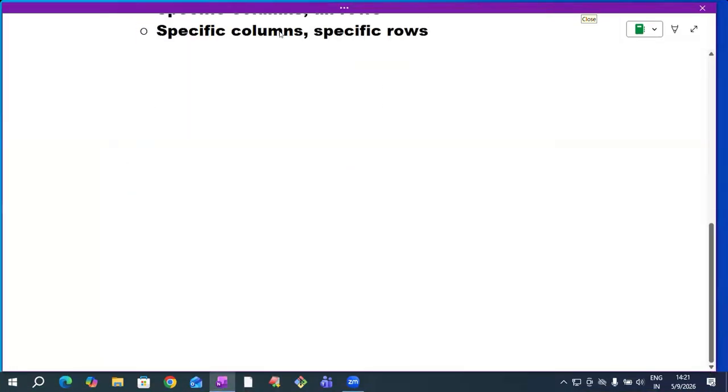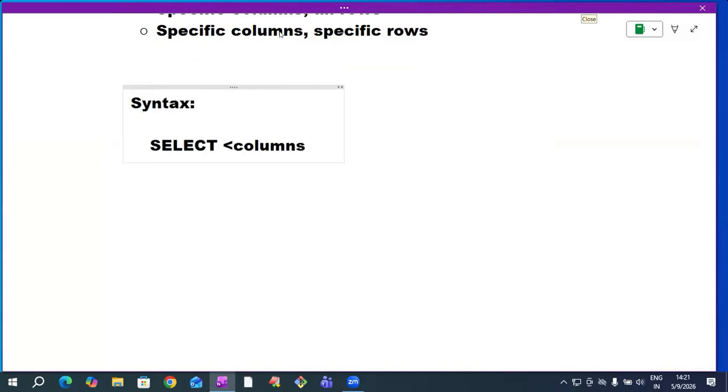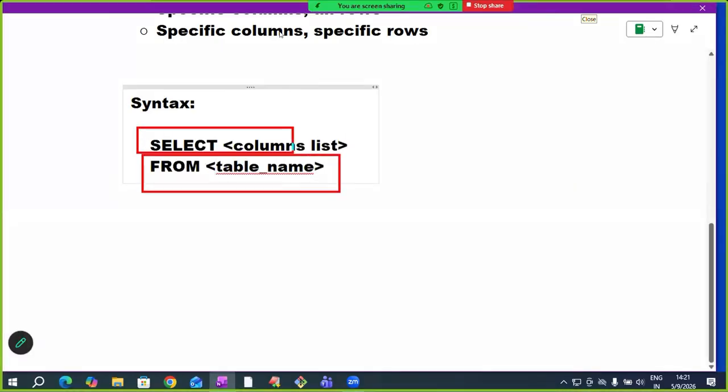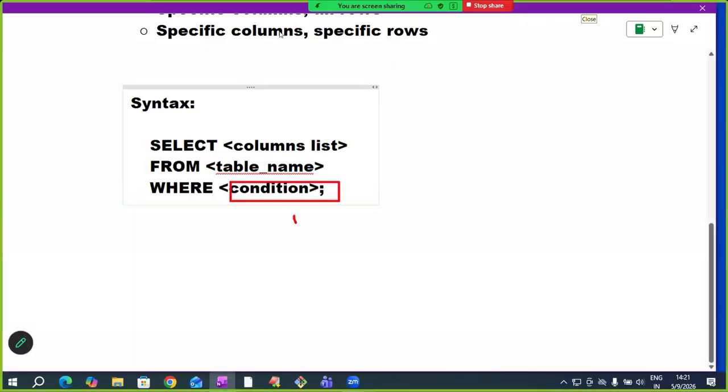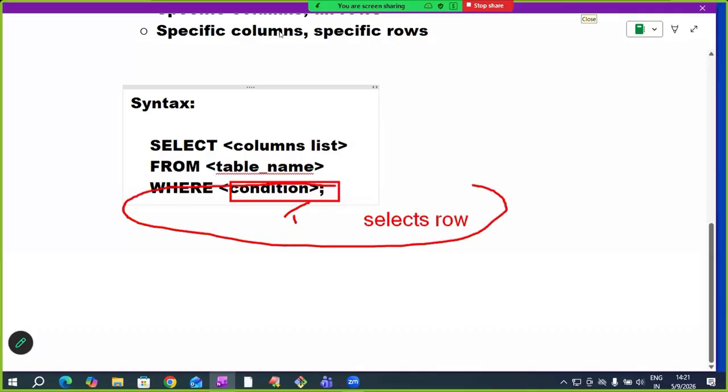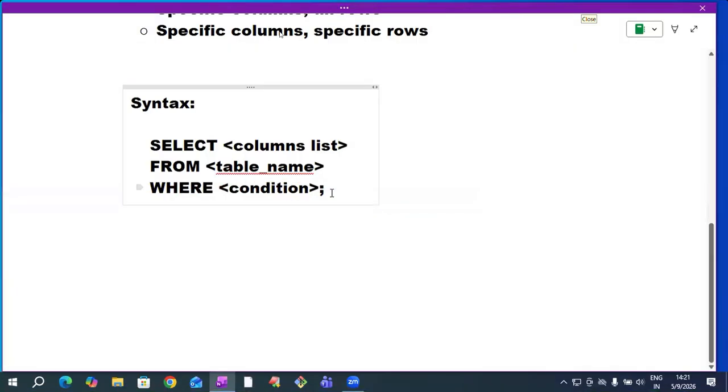Okay. Examples on select. Before that, see the syntax. How to use the select command? Very easy, sir. Select. After select, we give the columns list. Which columns' data do you want to select? Give the columns list. Many tables are there. From which table do you want to get the data? Tell that one. From that table, which columns do you want to get? Tell that. If you want specific rows, definitely you have to write a where condition. If this condition is true, select the row. Otherwise, the row will not be selected. So to get specific rows, we write this where condition. So remember this syntax, follow it.